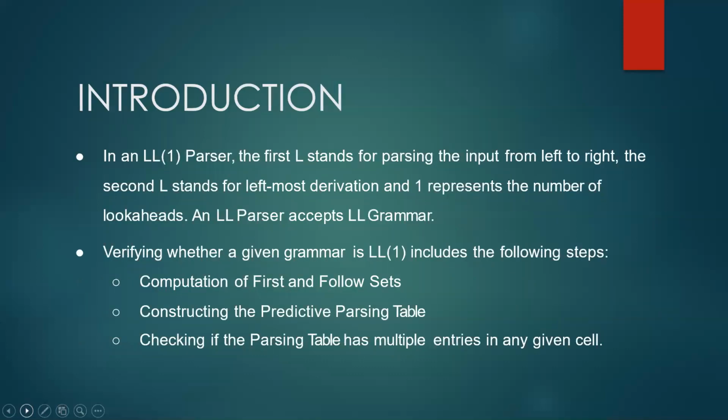So looking into the construction of the LL1 parsing table, to construct the parsing table we have the following functions, that is first and follow. After computing the first and follow set for each non-terminal symbol, we have to construct the parsing table. In the table, rows will contain non-terminals and the columns will contain the terminal symbols. All the null productions of the grammar will go under the follow set elements, and the remaining productions will lie under the elements of the first set. Next slide.